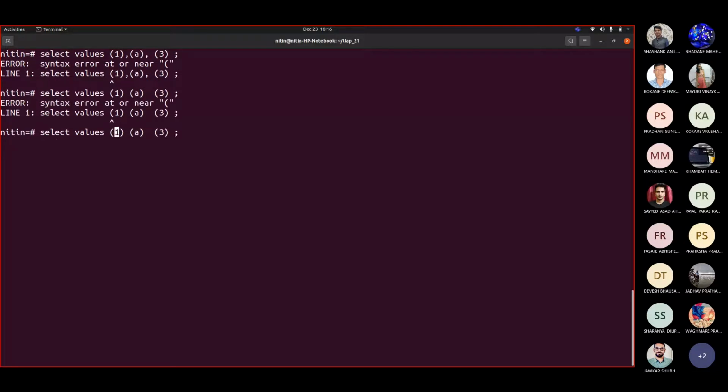Now if I remove these brackets, select values, how exactly are we going to separate them? So we definitely require these values to be used. In both the cases, with brackets or without brackets, and even using comma and so on, how to use this?